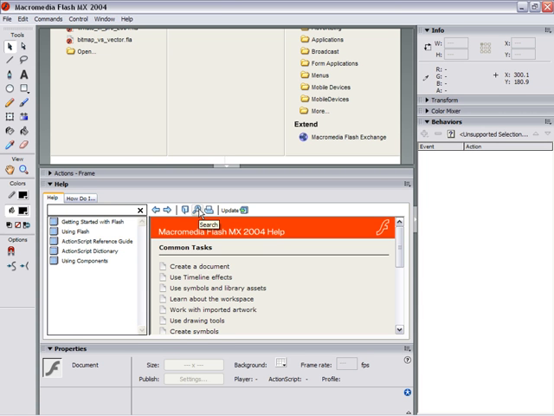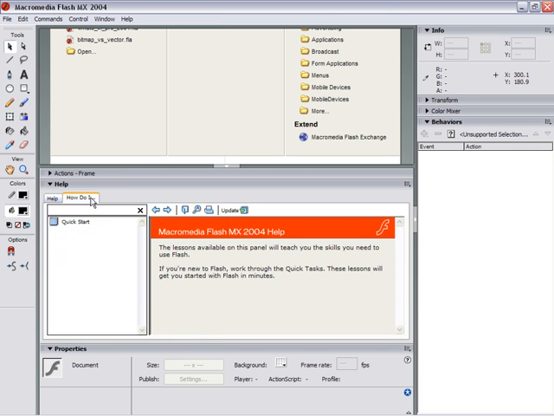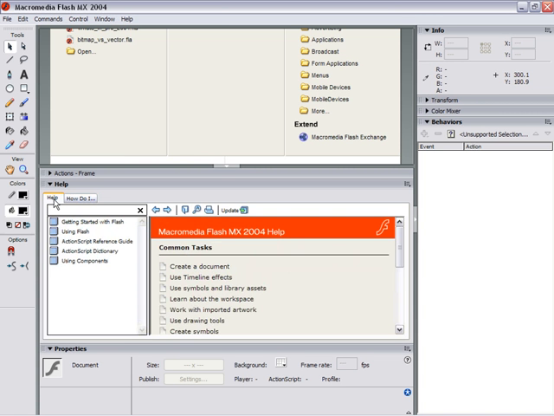You can also search for a particular topic that you need help on, or you can access the How Do I panel, and you can browse through common How Do I topics, such as how do I add a preloader to my document, etc. So from the Help panel, which is built into the Flash interface, new to Flash MX 2004, you can easily get access to all the help you need, which is important as you're first starting off in Flash. It can be rather daunting to learn this program. So having help easily accessible, I think, is a major feature